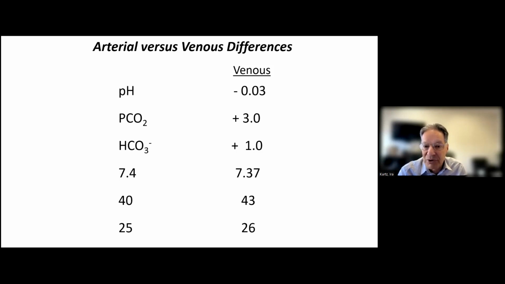If you remember that reaction on the first slide, when you increase the PCO2, just chemically, you're going to make more bicarbonate. And so that's why the bicarbonate increases a little bit. And if you do the numbers with the Henderson-Hasselbalch equation, you'll get a slightly different pH. So you can see that the PCO2 tends to be in a male 43, and the bicarbonate is slightly higher,